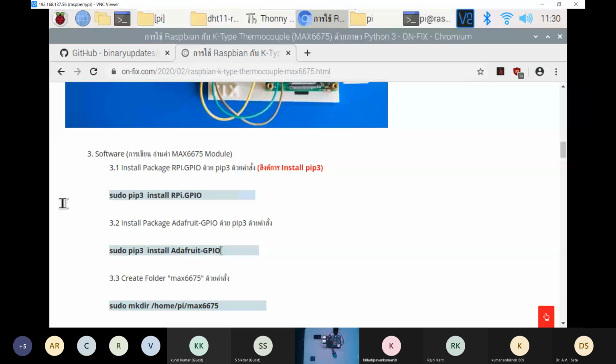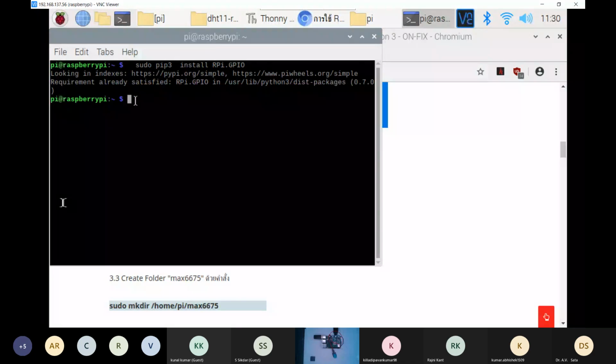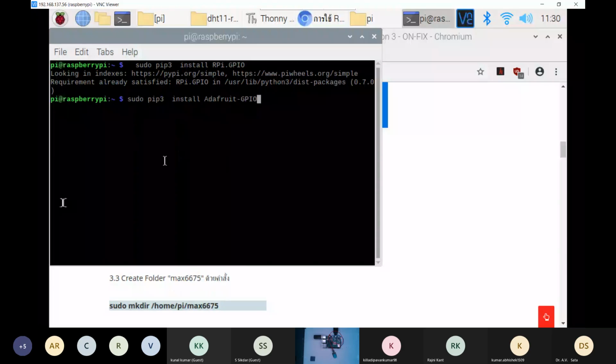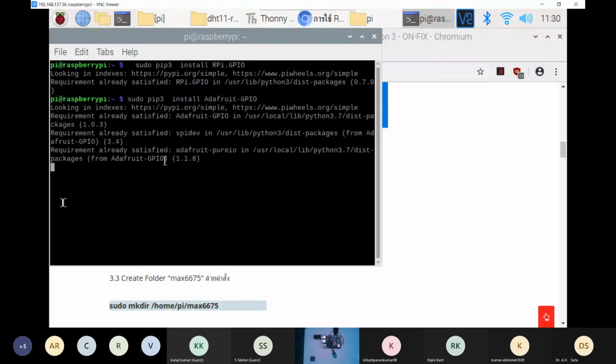Then we will be installing Adafruit GPIO, because it uses Adafruit company's sensor pin. Okay, so in my Pi, it is already satisfied.